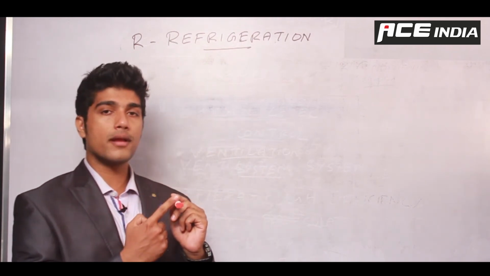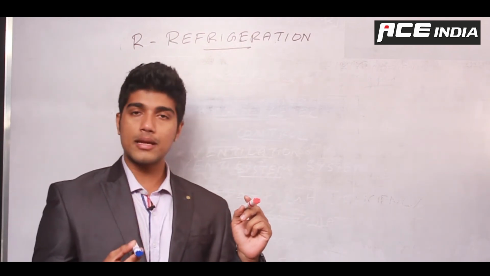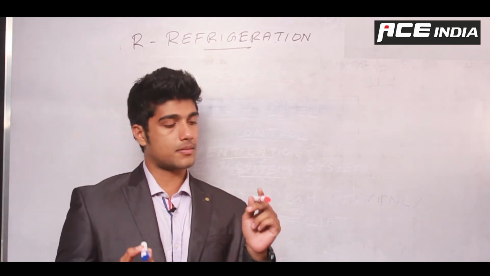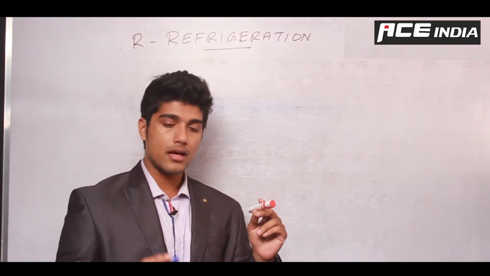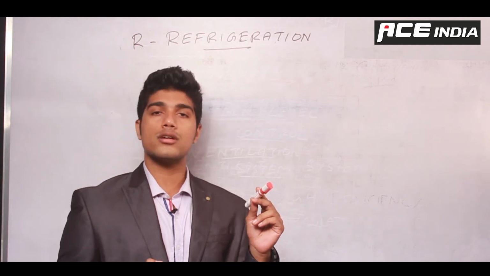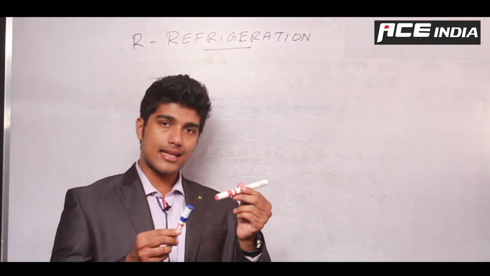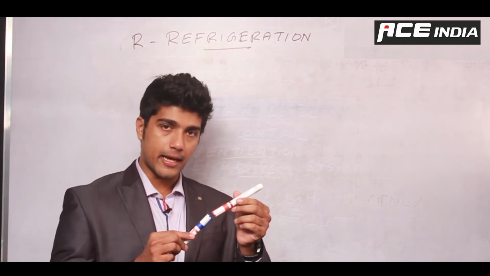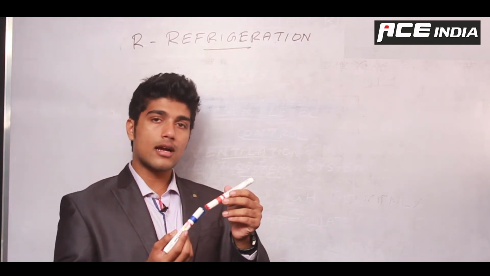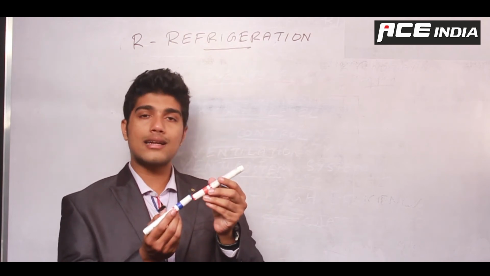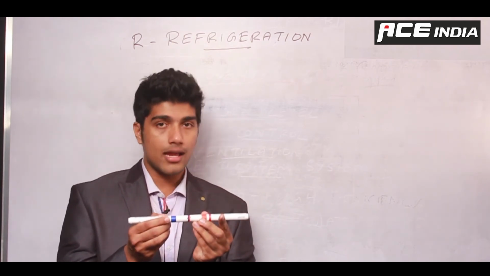That means the temperature of this pen is higher. Now this is another pen which is actually a lower temperature system. Consider this is a higher temperature system, this a lower temperature system. Now, thermodynamics states that if I connect these two systems by some kind of medium, heat will start to flow from the higher temperature system to the lower temperature system until both the temperatures become equal.